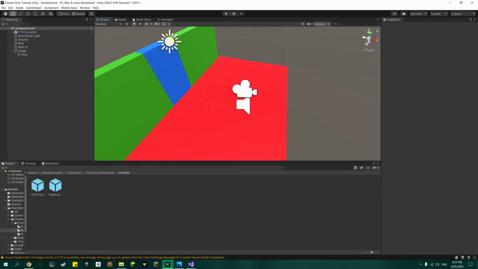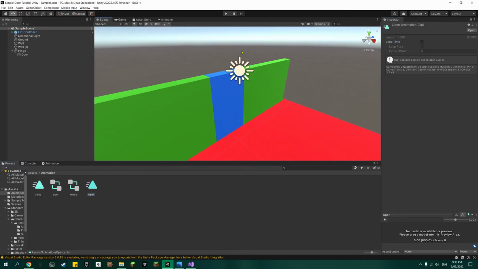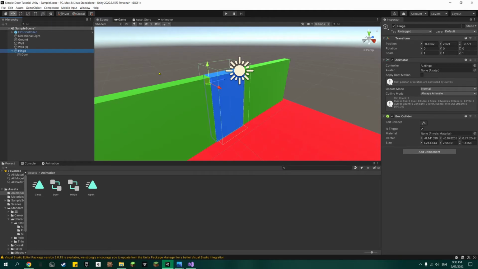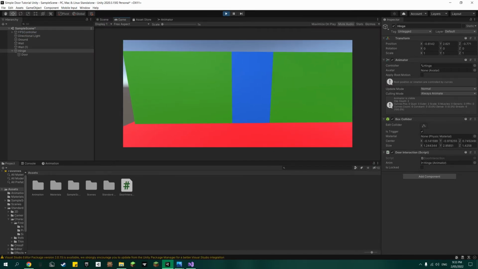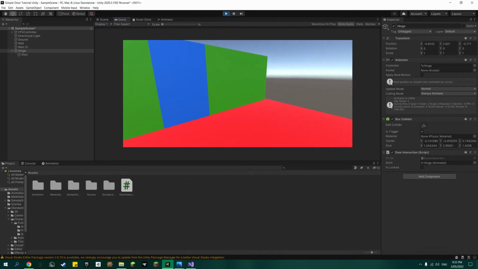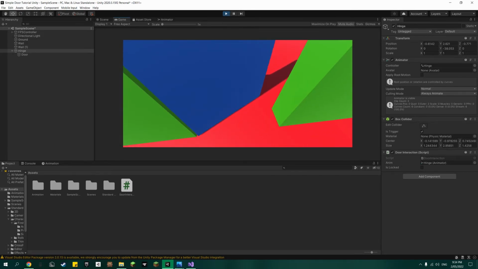So in our assets animation, go to our close and uncheck Loop Time, and same for open, uncheck Loop Time. Okay, so in our hinge, let's drag our door interaction script onto there, and the anim is the hinge itself, and is locked. We can just leave that for now. We don't need to play with that, so just leave that as blank. So hopefully if we walk up to our door and we hit E,